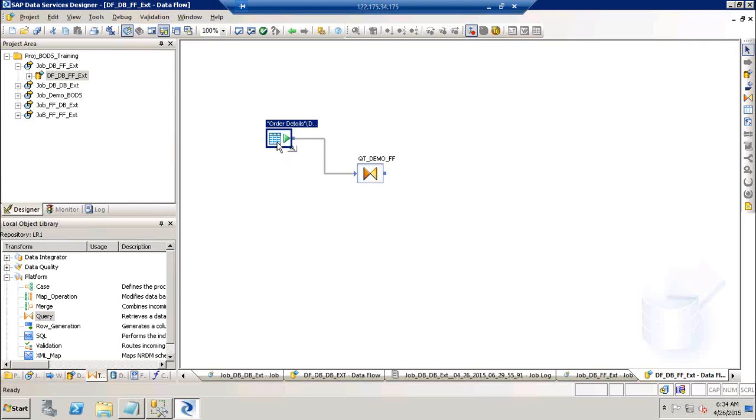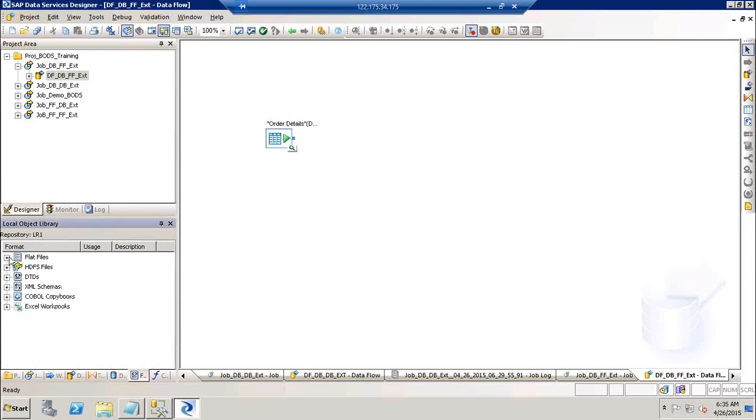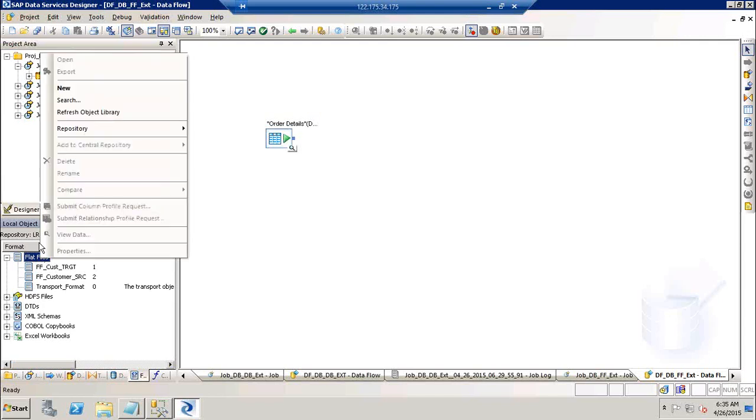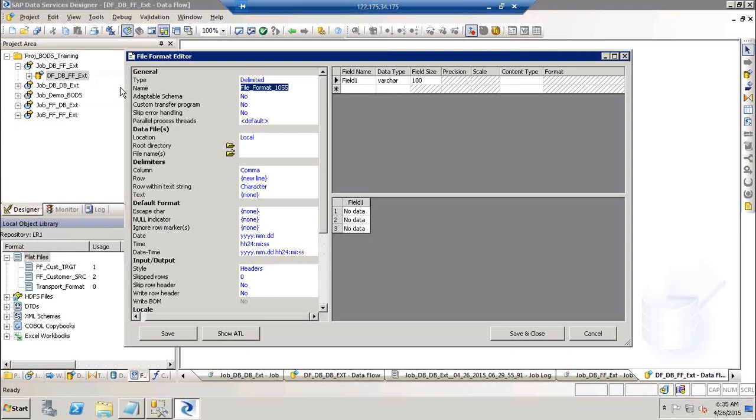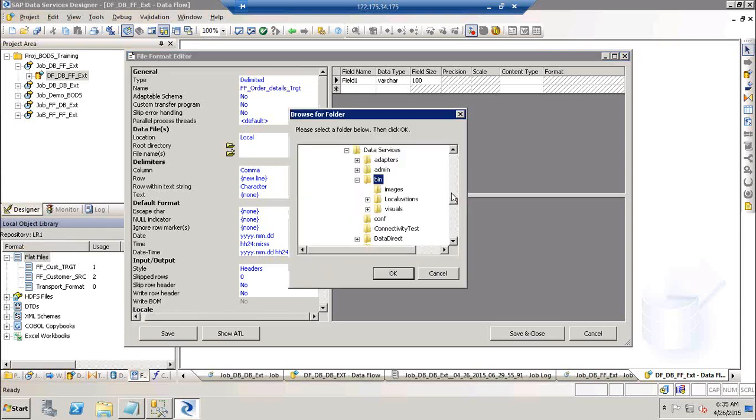But now I'm trying to show you what is a structured and, sorry, I'll talk about that in the next job. So now we are talking about unstructured flat file. How do I create an unstructured flat file? The same way, go to the flat files, select it, right click and go for new, ff_order_details_target. So just copy the same name and mention the path as your desktop or your outbound directory,